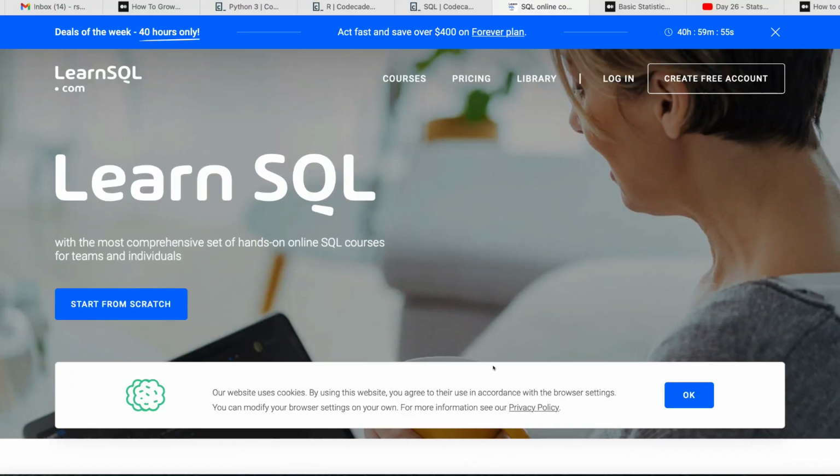So what you can do is make use of a platform called Learn SQL. As you see on my screen, this is another platform called Learn SQL. It also has various hands-on courses that are required in order to understand SQL. The other good part of this particular platform is it provides you some real-life scenarios that exactly replicate what happens in the day-to-day job of a data scientist.